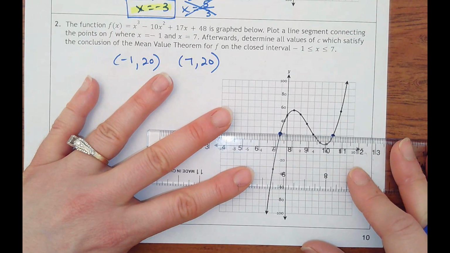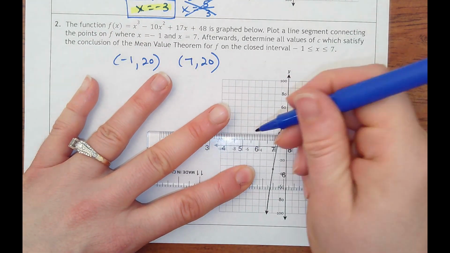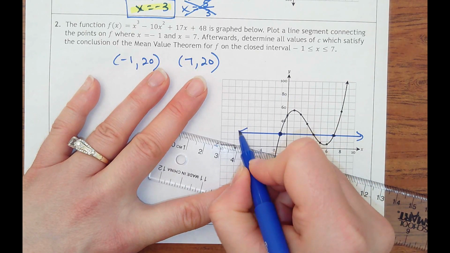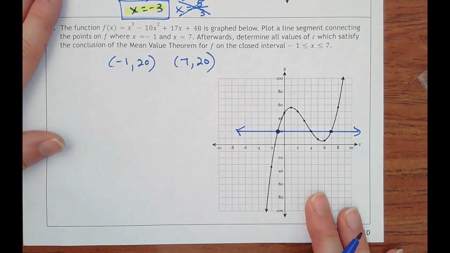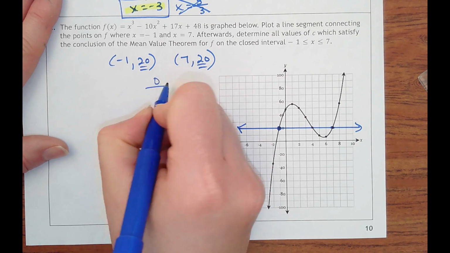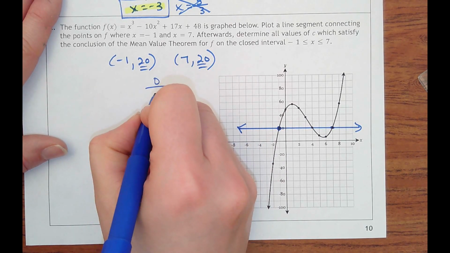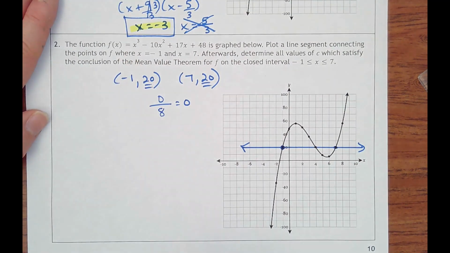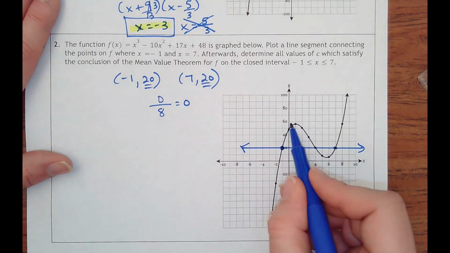What do you notice? I noticed that that slope is 0 because I have a 0 change in y over whatever, 7 plus 1, 8, slope is 0. So really I'm just setting this derivative equal to 0 and trying to find a max